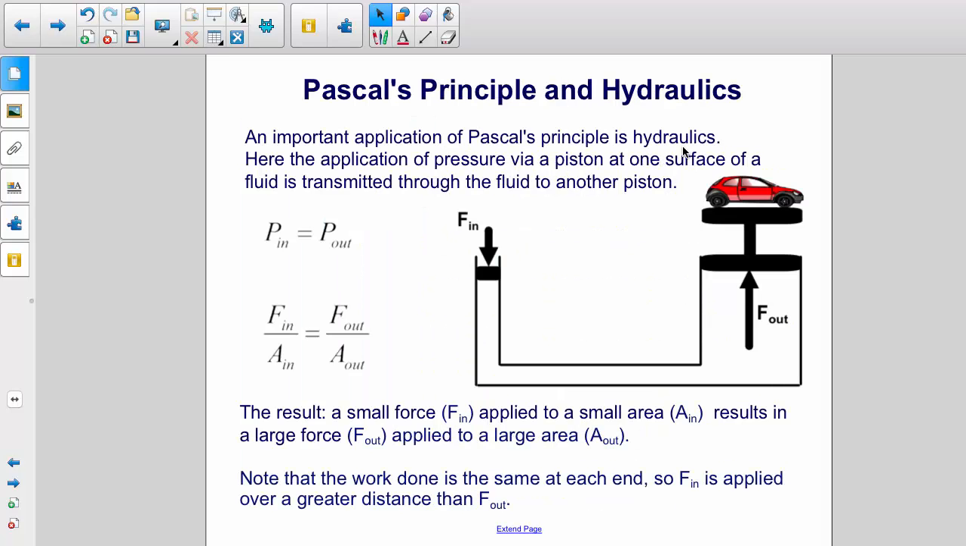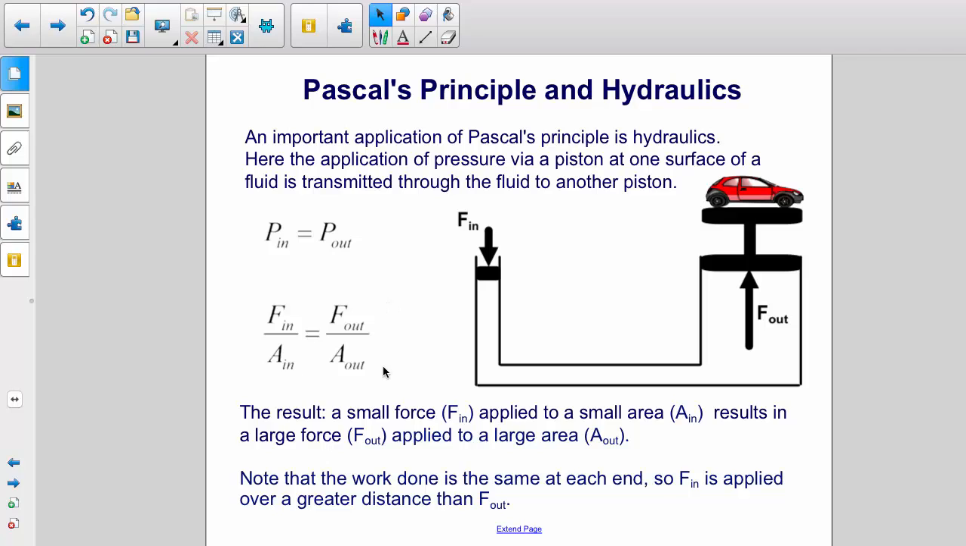Let's look at Pascal's principle and hydraulics. An important application of Pascal's principle is hydraulics. Here, the application of pressure via piston at one surface of a fluid is transmitted through the fluid to another piston. Since the pressure has to be consistent throughout, we have P in equals P out. If we use the definition of pressure, force over area, we get F in over area in equals F out